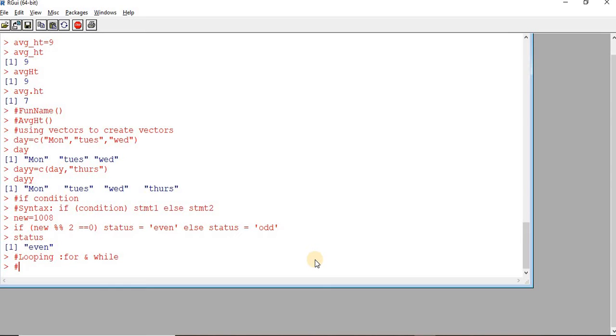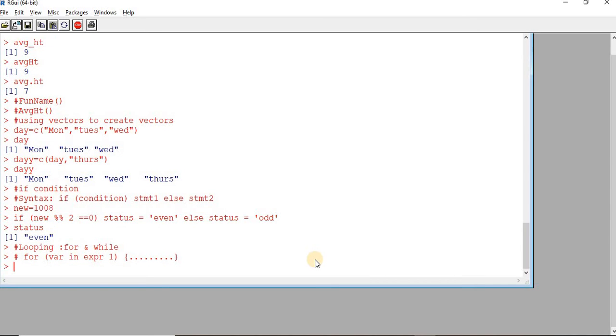So for has a syntax. So for, then you have to give a variable in expression 1. Then you can have a set of statements. So for an example, let's say for i in 1 to 10.